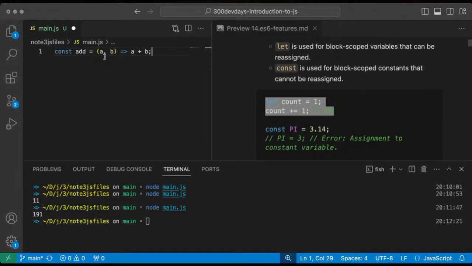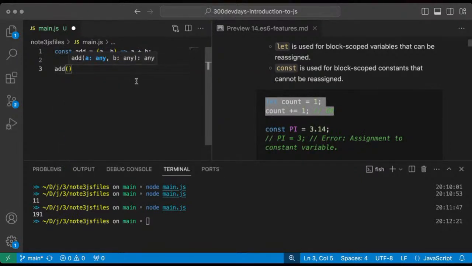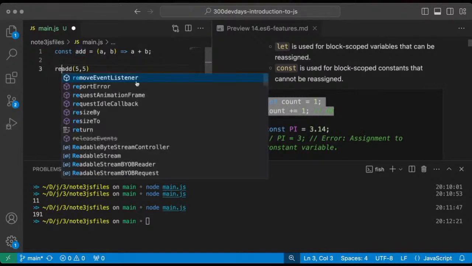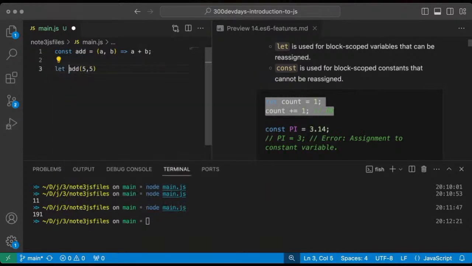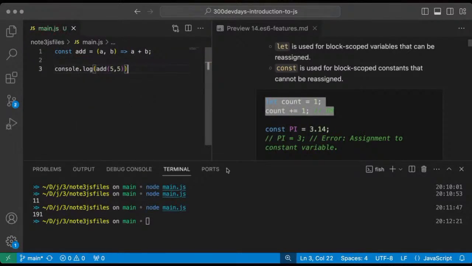So we've also covered arrow function before. So now you see we have a simple arrow function here. We have const add equals. This is basically our parameters, right? We're passing in a and b, and the output is to basically return a plus b, right? So which means we can simply say add, and at this point we can pass in the values like 5 and 5. So we can say maybe let results, or we can just console.log directly in here, right?